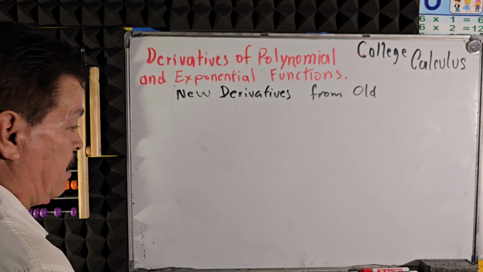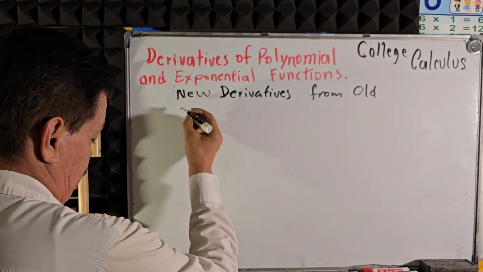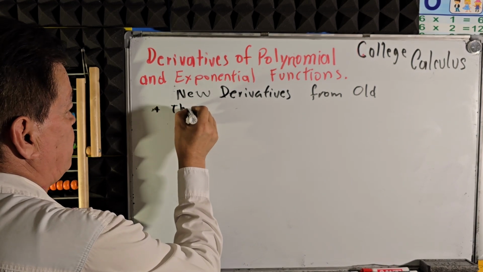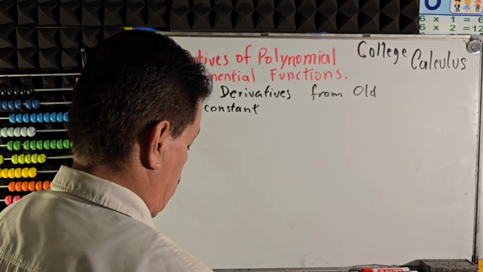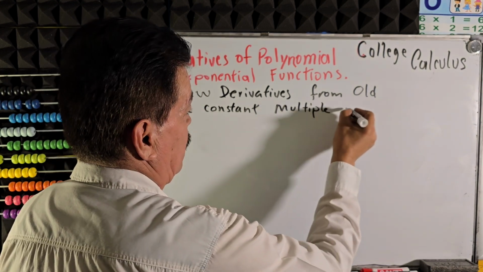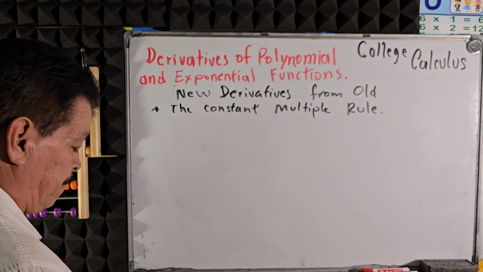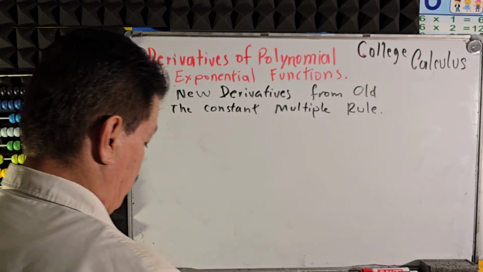Okay, we have some kind of rules. We call the constant multiple rule. That's the property. So the constant multiple rule is a problem like this: